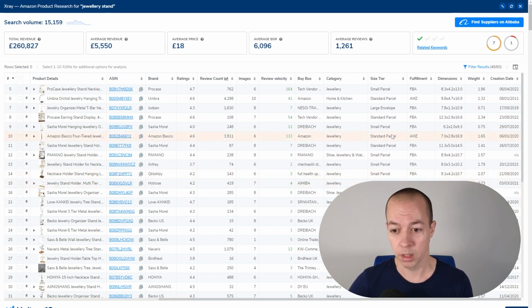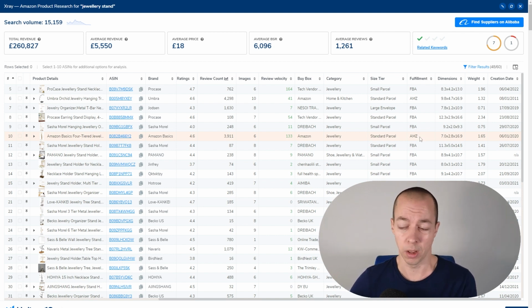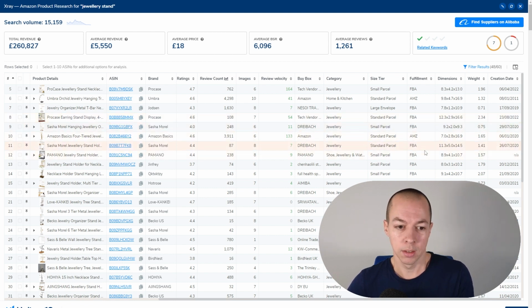Come over to the right hand side. Most of these are standard parcel, so again the fees aren't going to be crazy high. You have got one Amazon listing in there, but only one of them isn't something I would worry about. But on this right hand side, we've got one listing really in the top 15 to 20 or so results in the last year. So it could show that the niche is slightly trickier to get traction in, but the fact one person has done it,